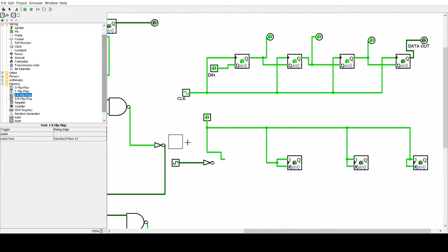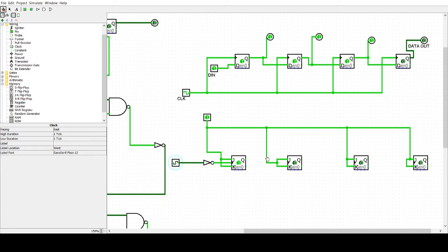So I will take a JK, keep it here. J is connected, K is connected, and then I am going to connect the clock. Again I will check whether there is a problem. No, now the problem is rectified.